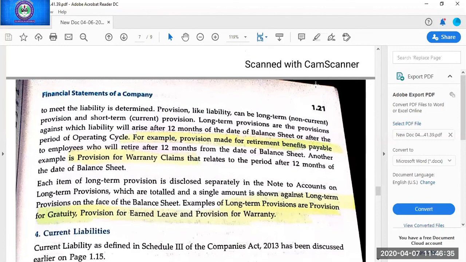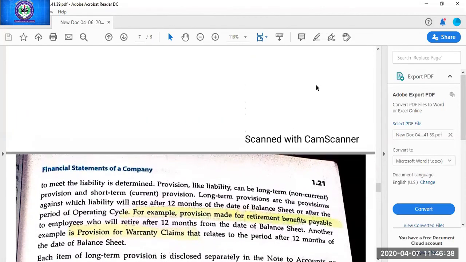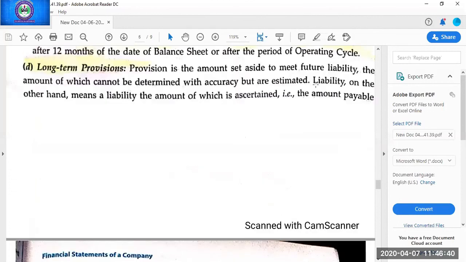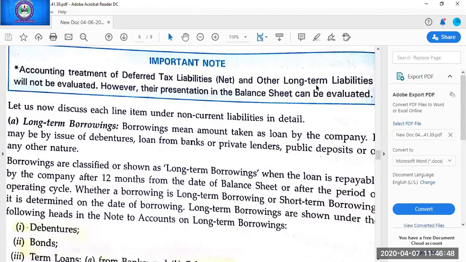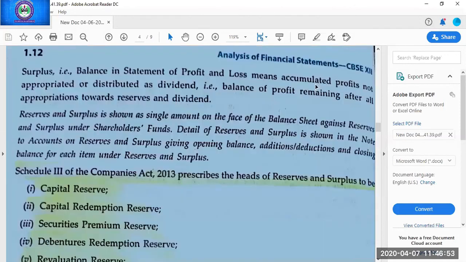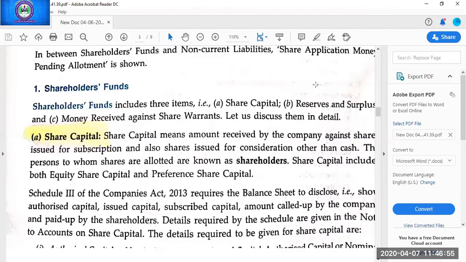So here I talked about only the non-current liability and shareholder fund today. I am repeating, we will be discussing only two heads so that there is no confusion in your mind. I'll not be very fast in this chapter because this chapter is very important. This chapter will be very much required while doing chapter 4 and chapter 5 of this book. Until you memorize all these examples, it will be very difficult to do chapter 4 ratio analysis and chapter 5 cash flow statement.